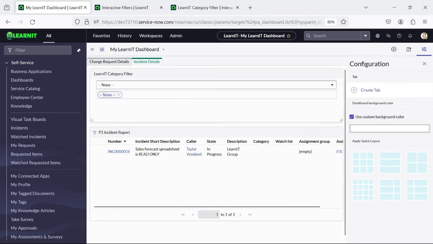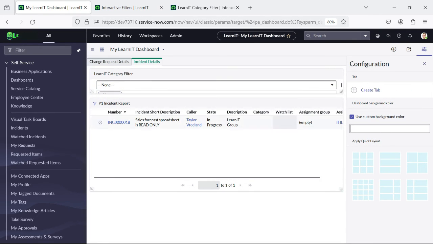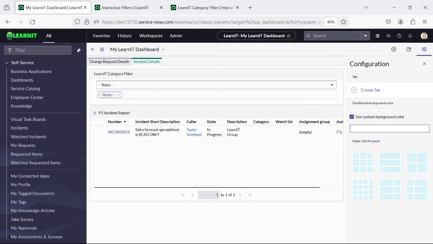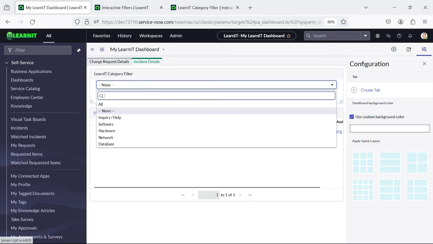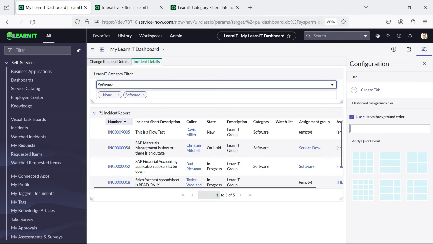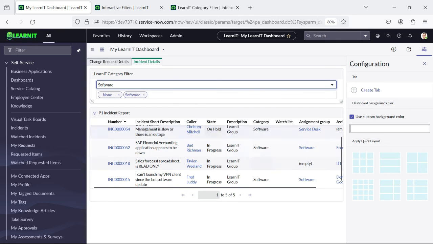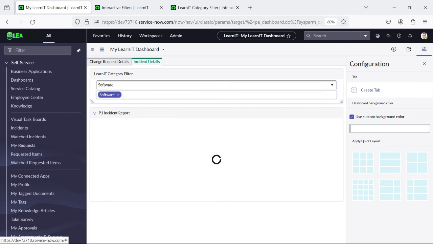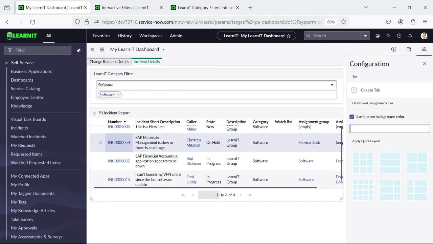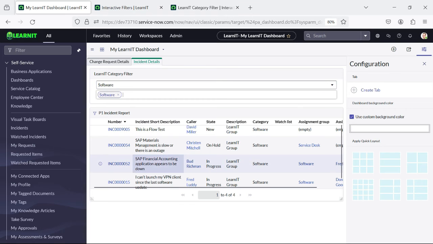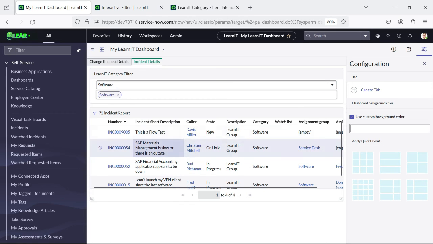Yeah, I will go into configuration and you can reduce the size also. And suppose I select software, so it will show software and none incident. I have clicked on software, then I will see only software incident. So this is the interactive filter which can be utilized to create a filter for your report under your dashboard,